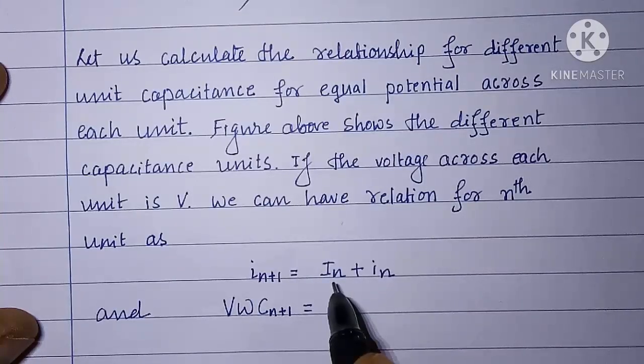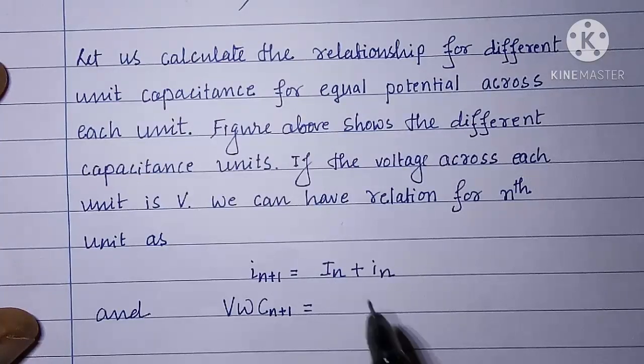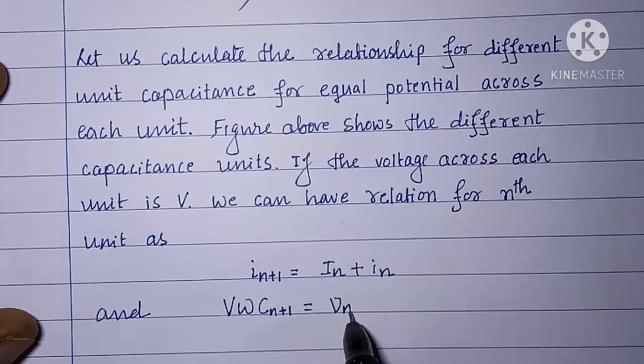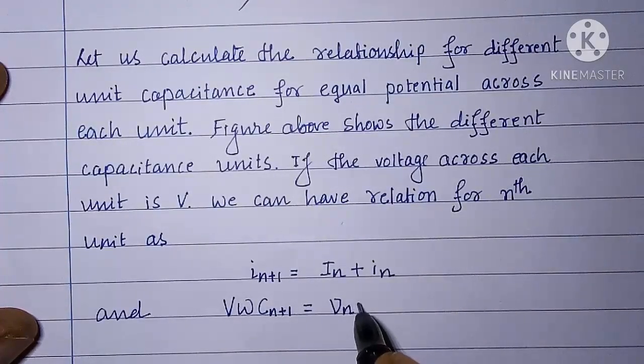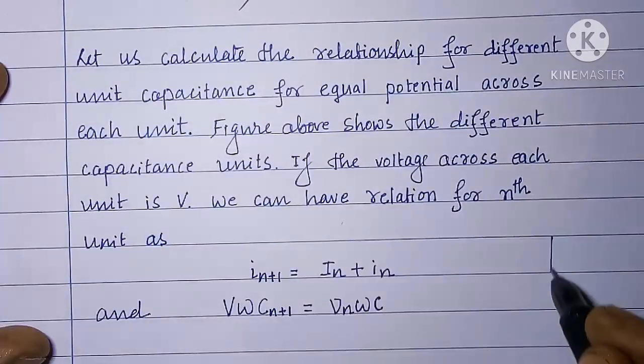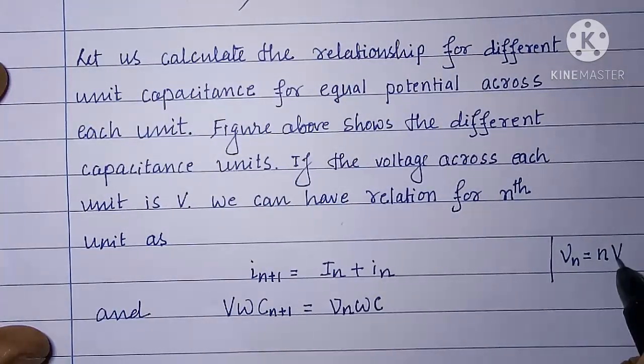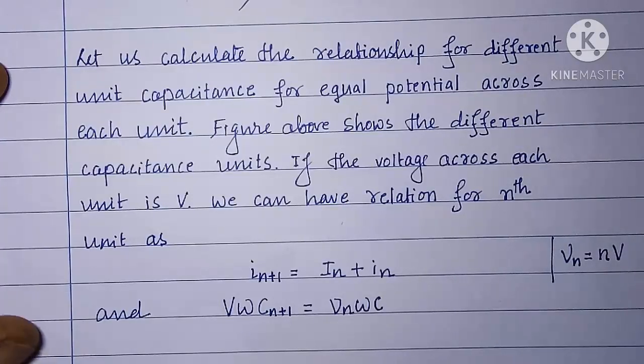Voltage across this capacitor is Vn, and therefore current is Vn into omega C. But this Vn we can also write as small n into capital V, as we have discussed earlier,